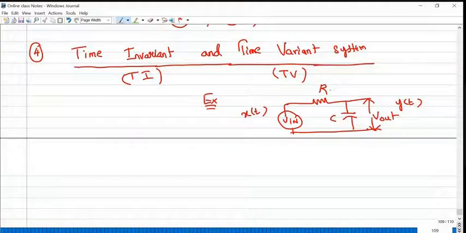Okay, for a fixed value of resistance and capacitance, if we connect this particular circuit in the breadboard and we force some input and measure the response of the system, and tomorrow if we come and do the same experiment, there won't be any change. That is a time invariant system. That is the actual meaning of time invariant system. So as per the definition from your textbook,